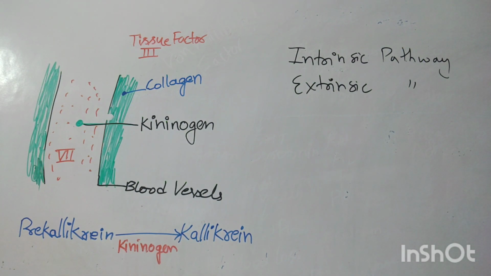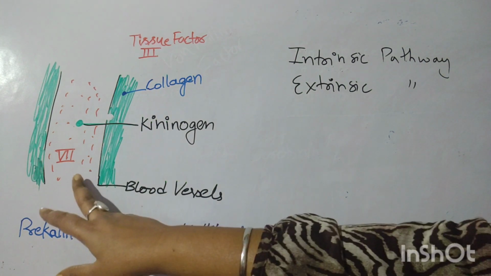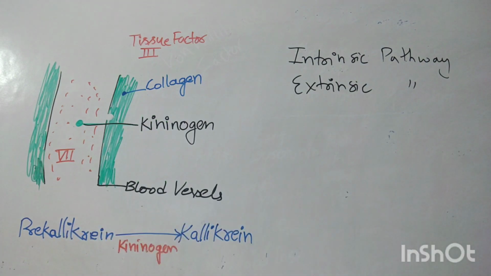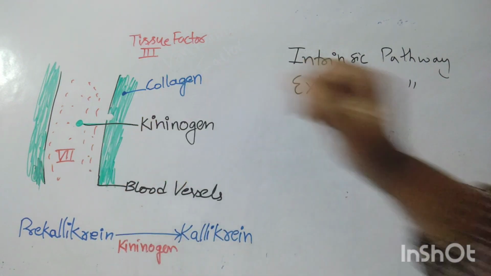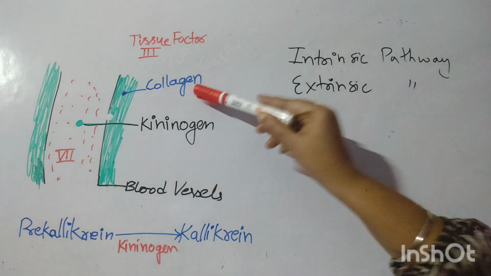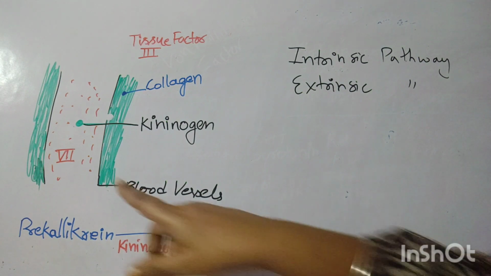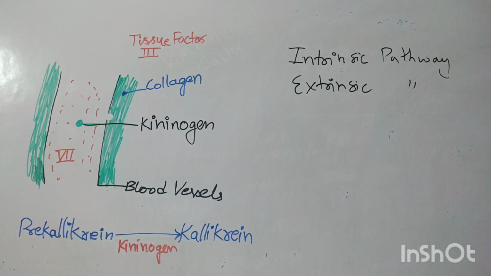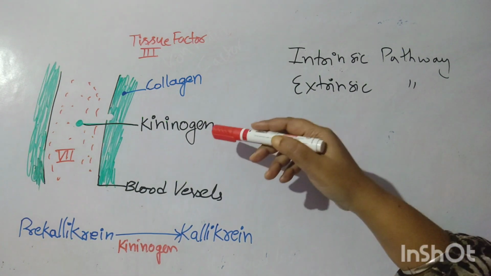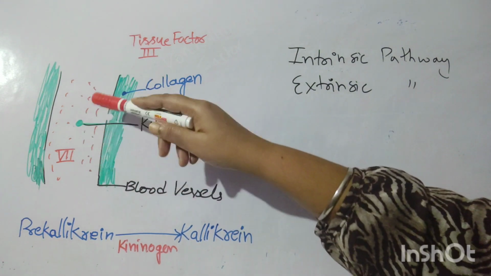As we have seen in primary hemostasis, platelets are activated. In secondary hemostasis, whenever blood vessels get injured, blood comes in direct contact with collagen. Collagen is a type of protein present in connective tissue. In the same way, a type of protein is present in the blood stream, that is kininogen. This is a high molecular weight protein which is produced in the liver, and it is present in blood